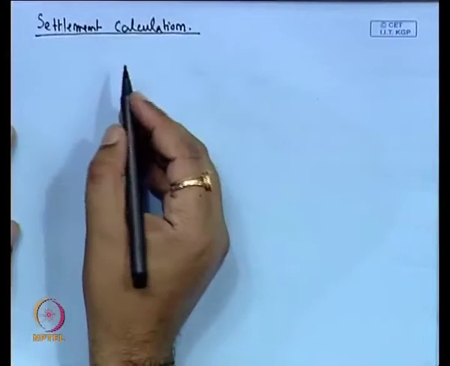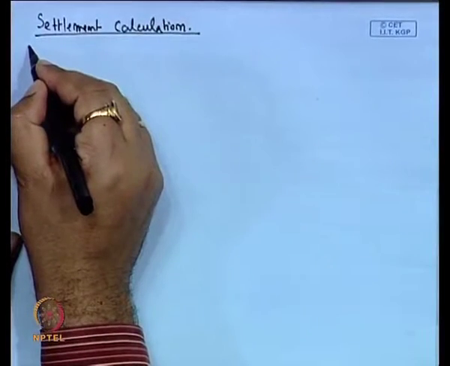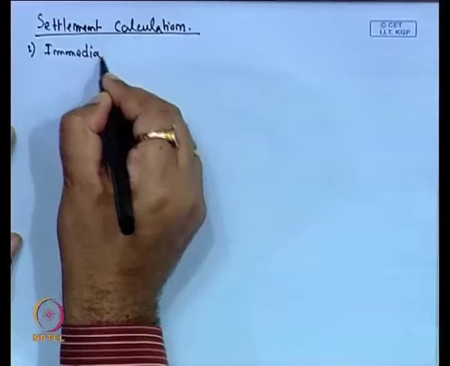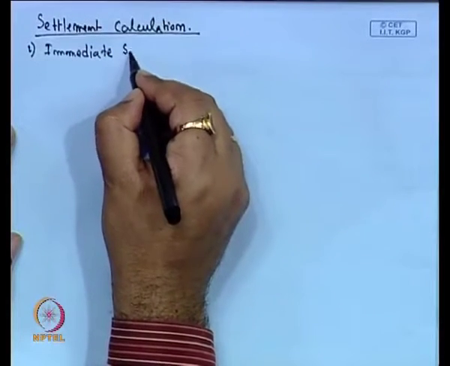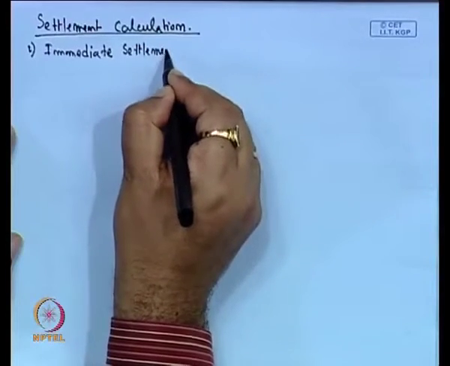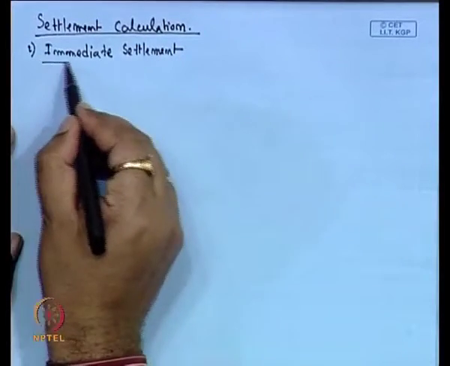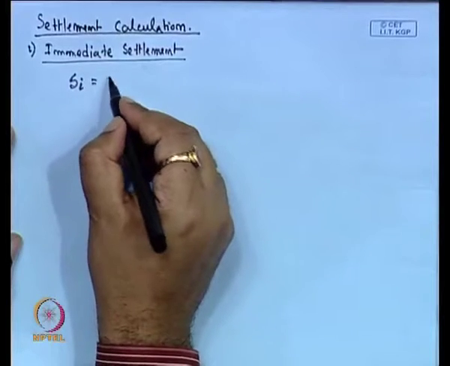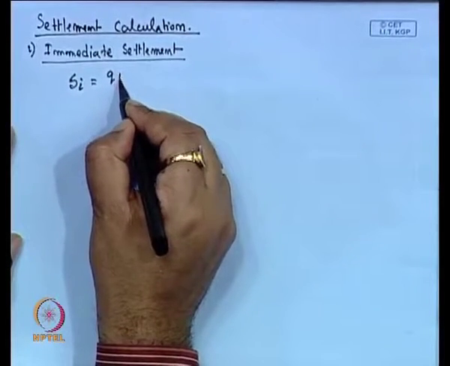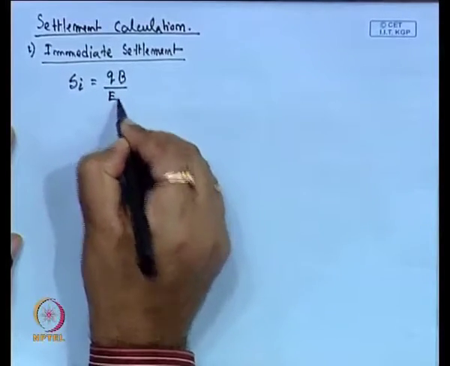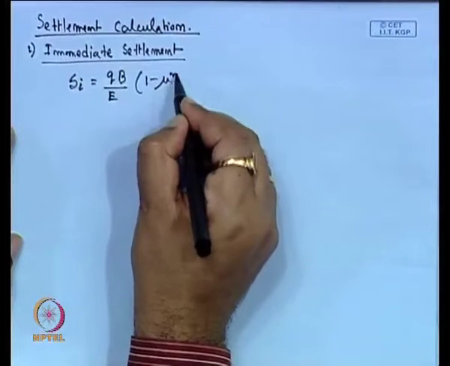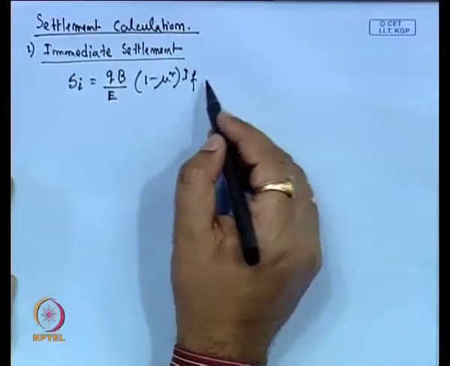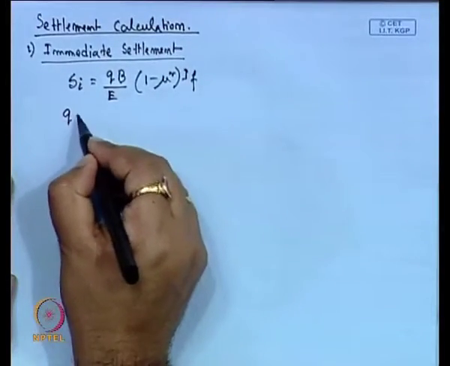So, this is settlement calculation. First, the expression for the immediate settlement calculation. By the theory of elasticity approach, this immediate settlement can be determined by q B by E into (1 minus mu squared) into IF. Using this expression, we can calculate the immediate settlement of the soil, where q is equal to the net